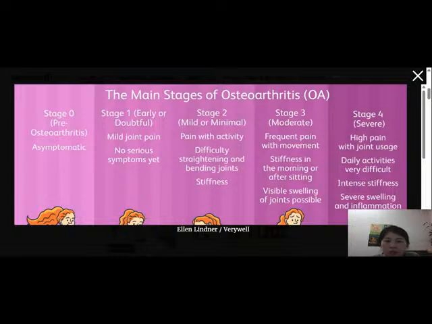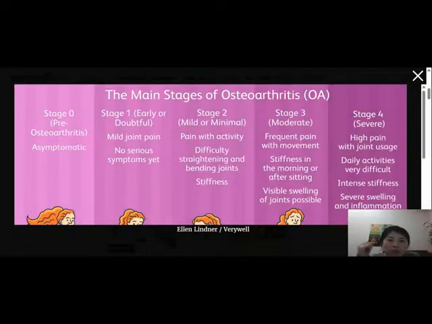Even if you sit for a long time, there may be visible swelling of the joint. And then on the last stage, stage 4, extensive bone spurs will be generated,